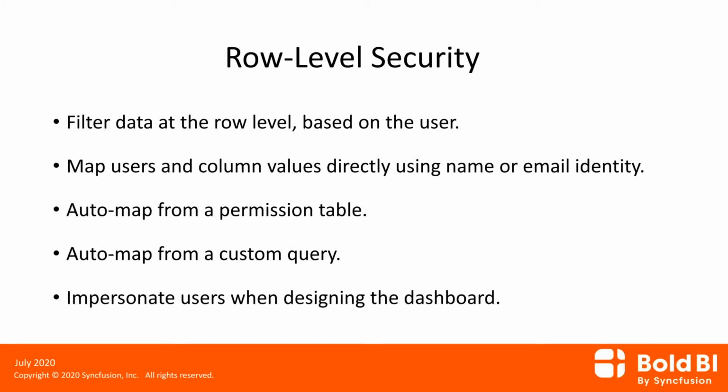With row level security, as I said before, you have all the data in a single database, and the records are isolated using an isolation code for every user. In Bold BI application, we have a straight option to just map the user and the values or the isolation code, so that when they log in and view the dashboard, those records are filtered for them, and it will be aggregated and displayed in all the key performance indicators that they have in the dashboard.